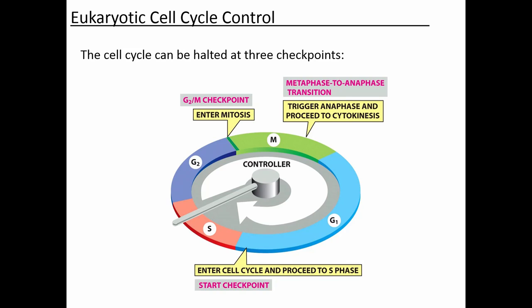Okay, so you can see that the G2M checkpoint happens after S phase, which is where DNA replication occurs. One thing that you would want to make sure has happened is that all of the DNA has been replicated. If it hasn't, so if the answer is no, then you're going to pause at the G2M checkpoint and wait for all the DNA to be replicated before you push on to M phase.